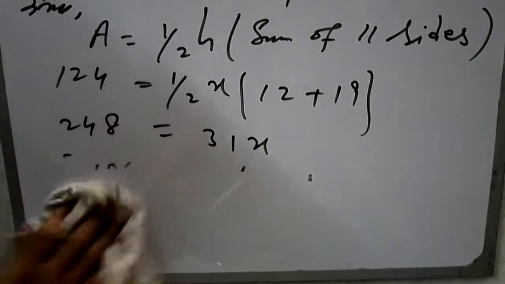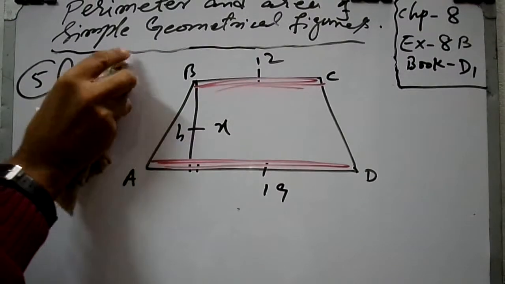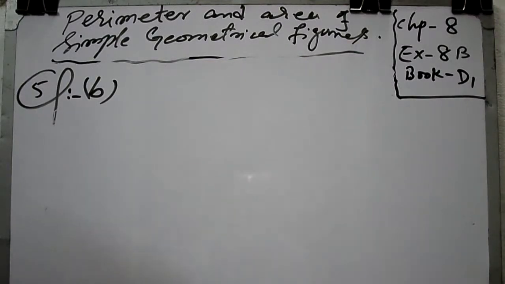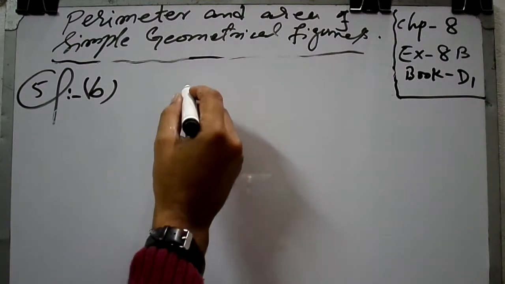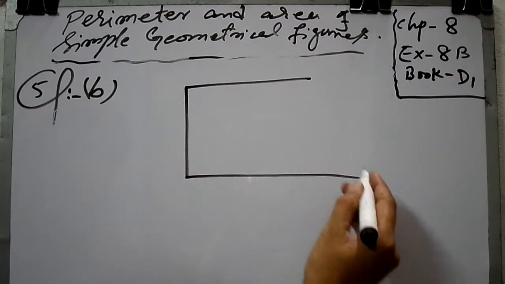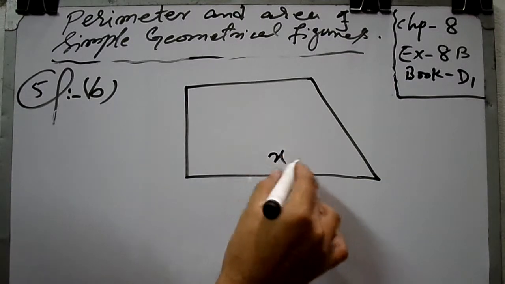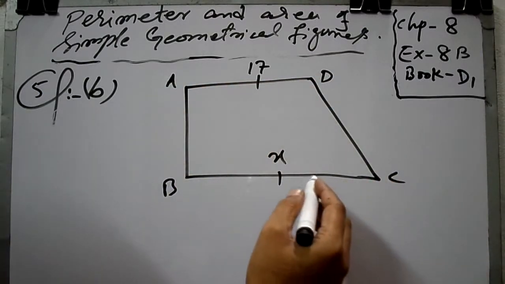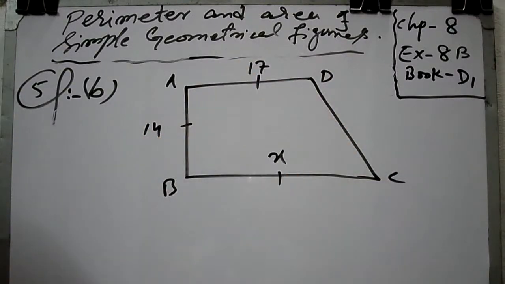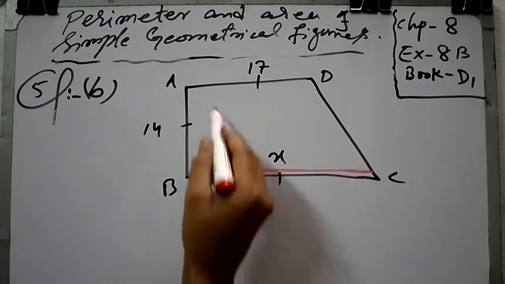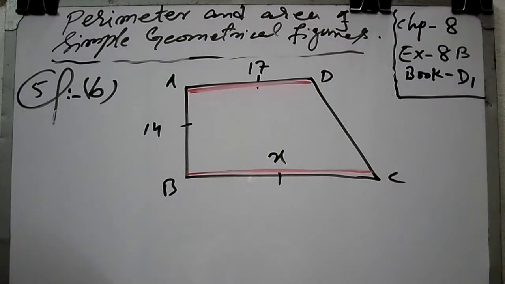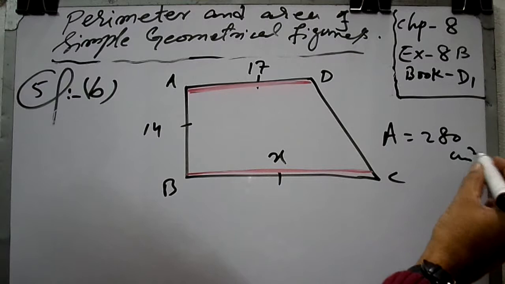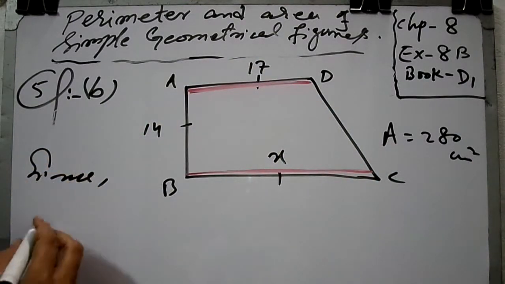So in the B portion, now in the B part, a new figure is given to us. Once again it is also a trapezium, with 17 and that is your 40. The sum of parallel sides, you can see it's also a trapezium, so very easy. Since the area is also given to us, the area is equal to 280, so these are in centimeter square. Okay, no problem. Now since we have a formula,